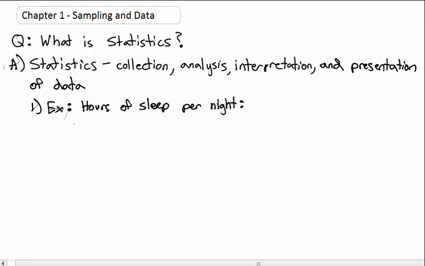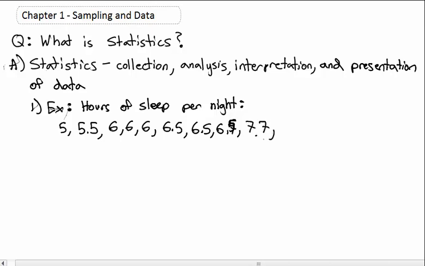And when we did that, we got data of 5, 5.5, 6, 6, 6, 6.5, 6.5, 6.5, 7, 7, 8, 8, and 9. And one way that we can interpret this data is we could make maybe something called a dot plot,